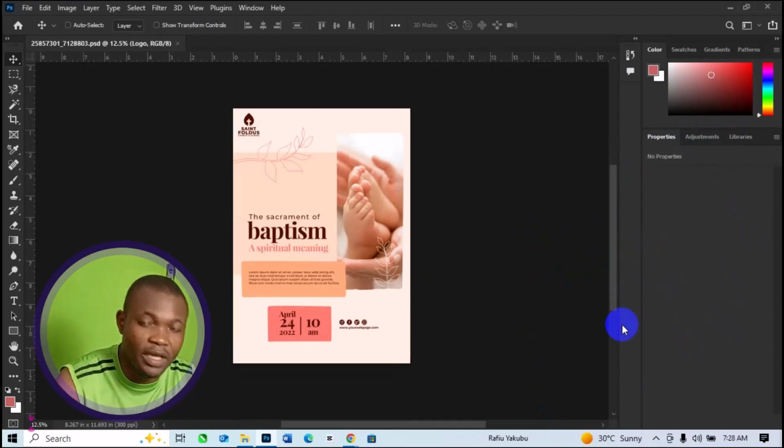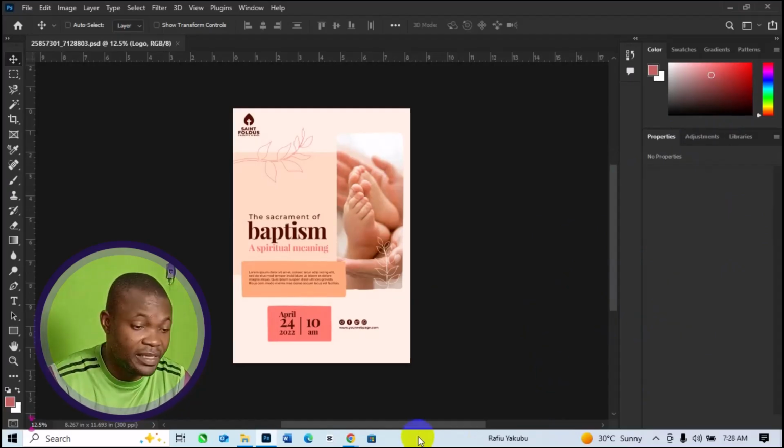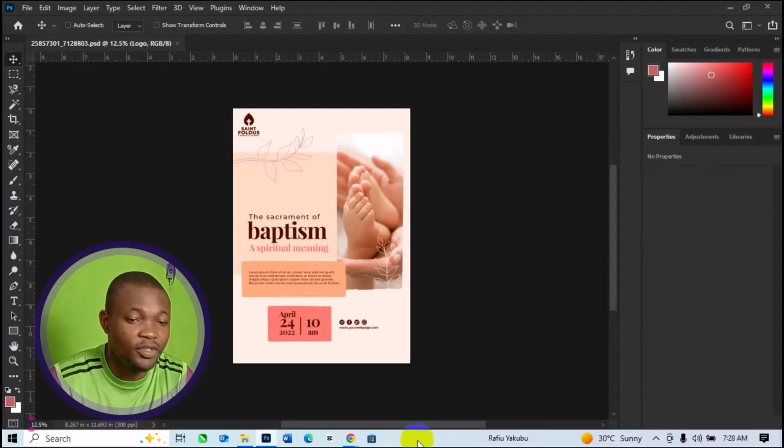In most cases, this happens when you mistakenly press a wrong key on your PC, and as a result of that, Photoshop might react in a different way. So let me show you how you fix this particular problem and restore your Photoshop back to a default setting. So for that, what you want to do is to go ahead and make sure you come to the